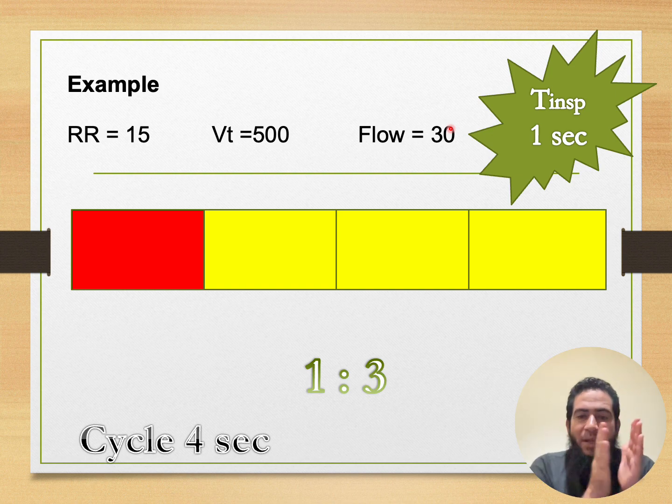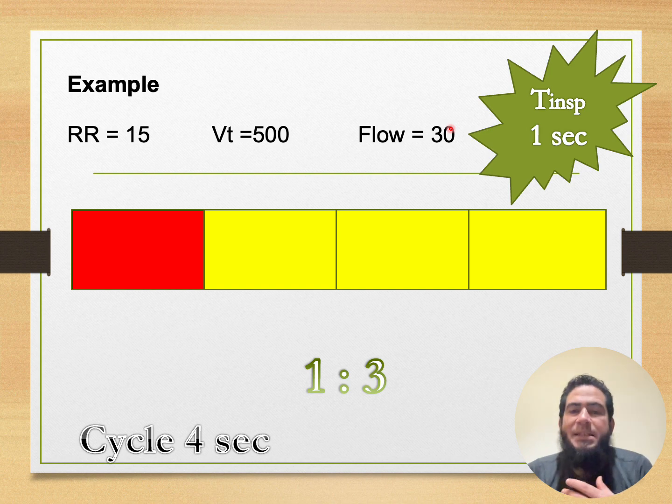This also will decrease the inspiratory time. For example, if you give a tidal volume of 500, it takes 1 second in this example. If you decrease the volume to 250, these numbers actually are not practical for any patient, but it's just to be easier to understand how you adjust the IE